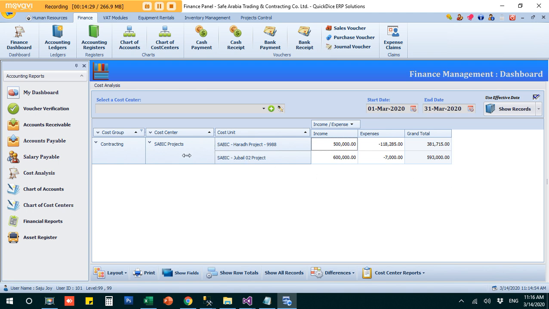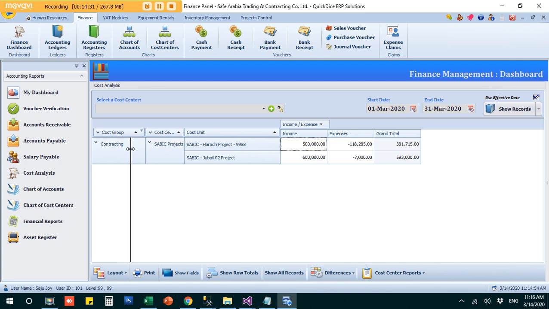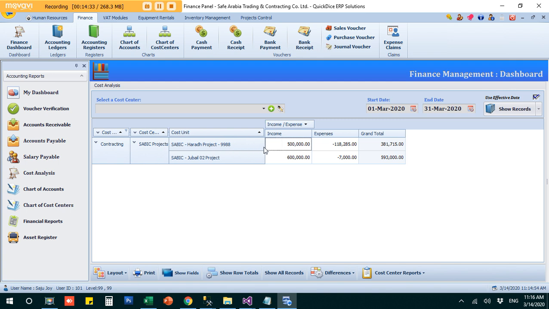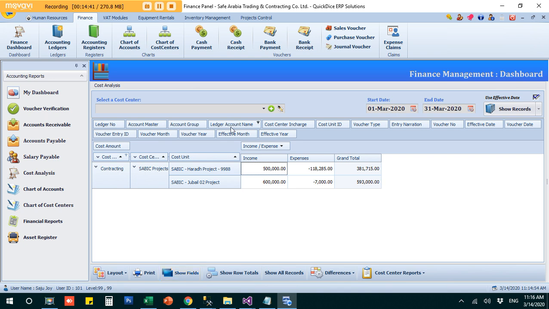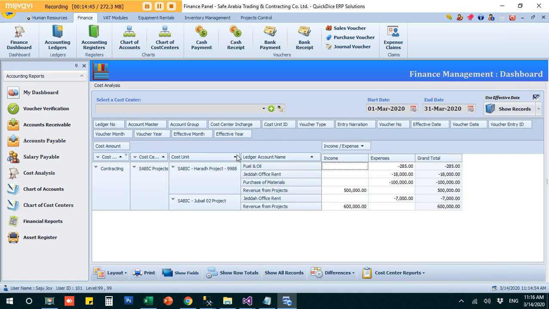Okay, now I want to know what all the expenses being done for this are. If I want to see 118,000 is there, what are the expenses? I want to give the detailed information. I can show fields. I can get the ledger account name and drag it in here. Okay, now it shows me